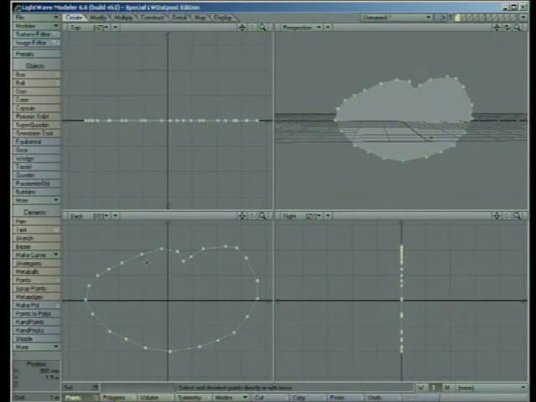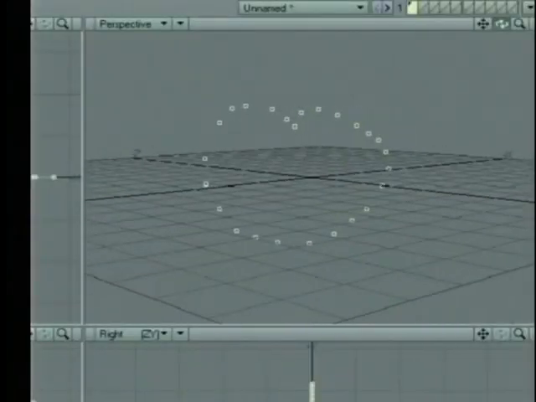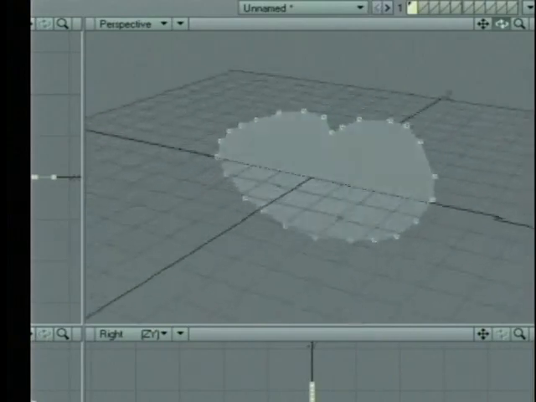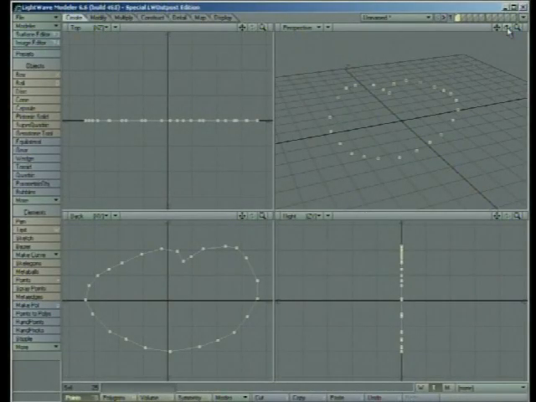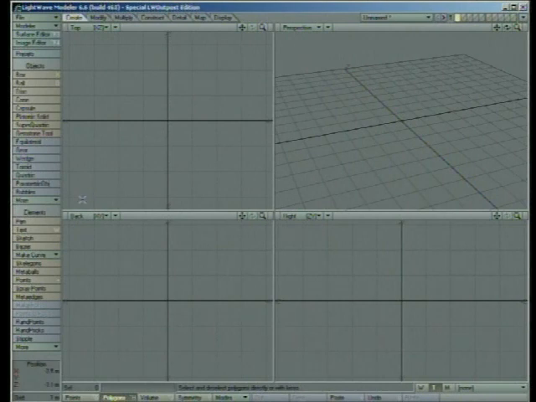And then if you look in the perspective and I rotate it, again it was flipped around the other way. So I need to rotate it or do a flip on the polygon. Now one thing that you'll notice is if I get rid of this, I'm going to delete it, so Z. If I start clicking the other way, go back and select the pen tool. If I click the other way, counterclockwise,